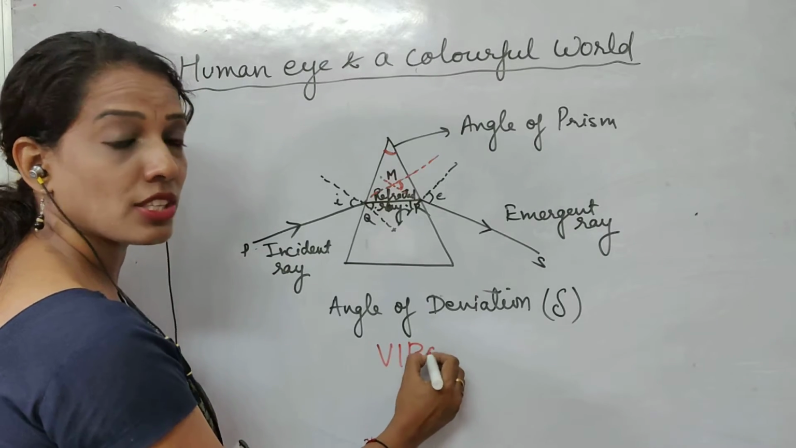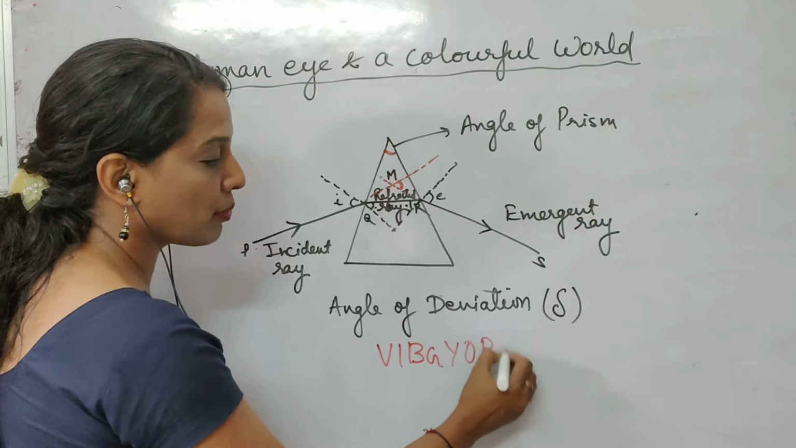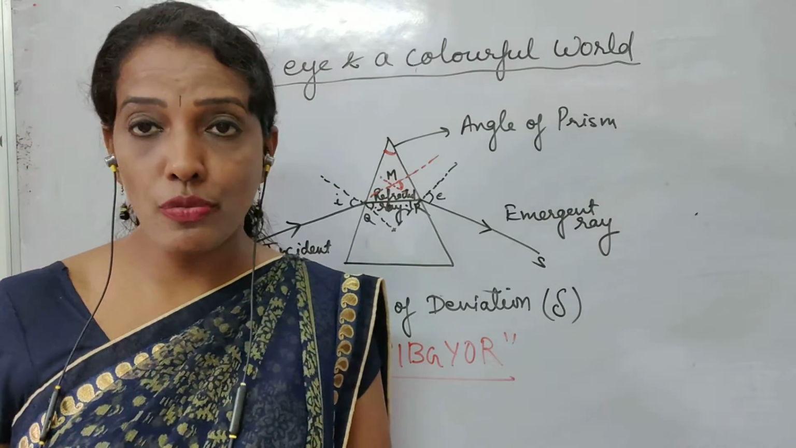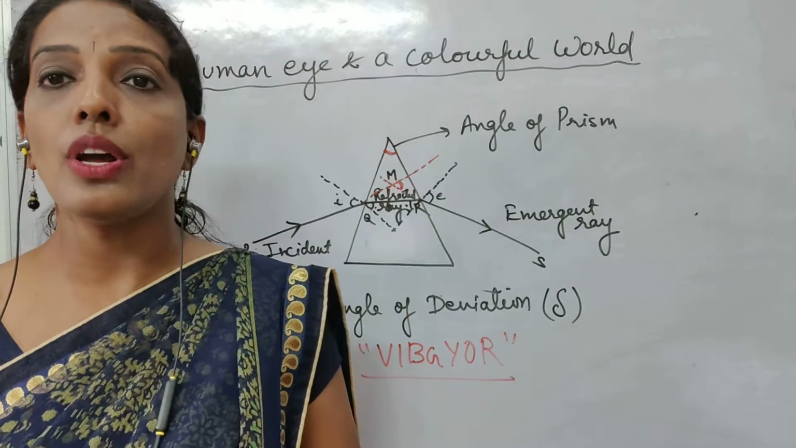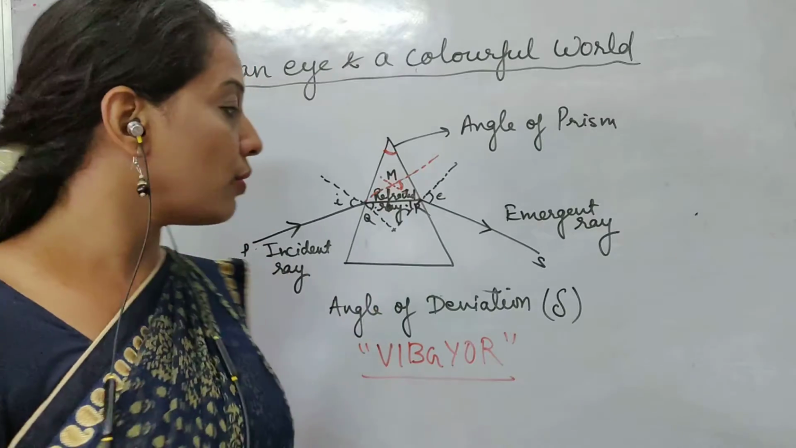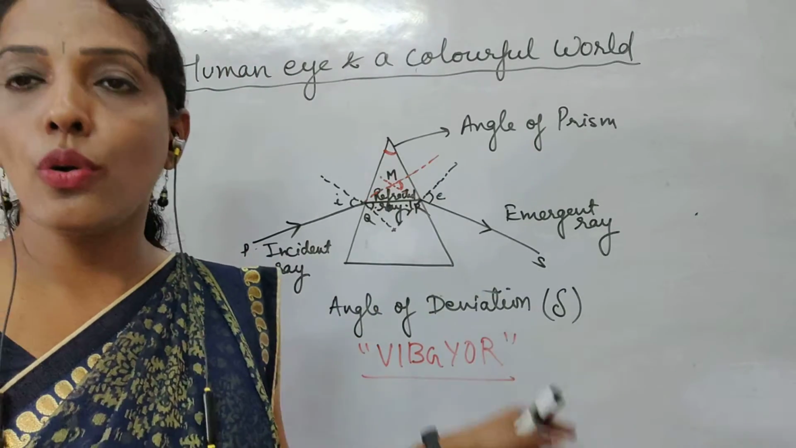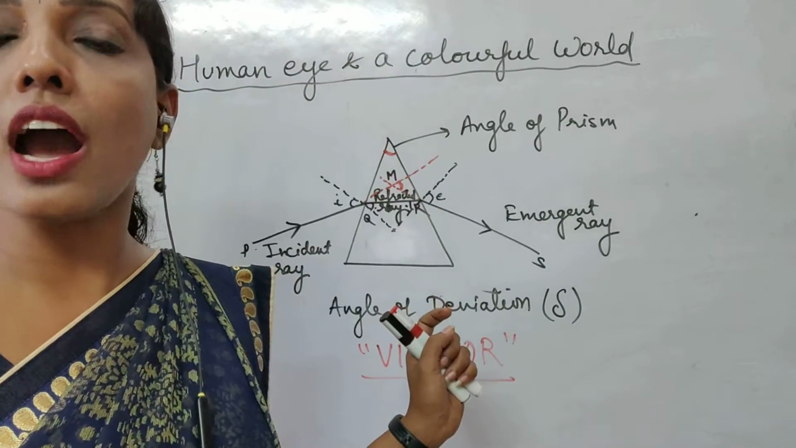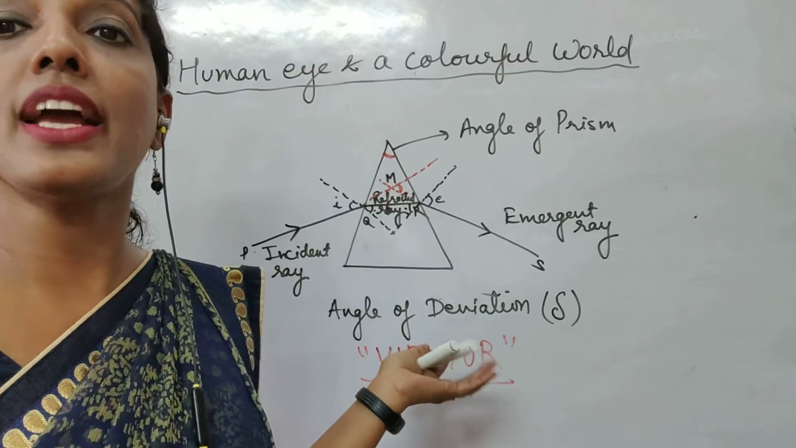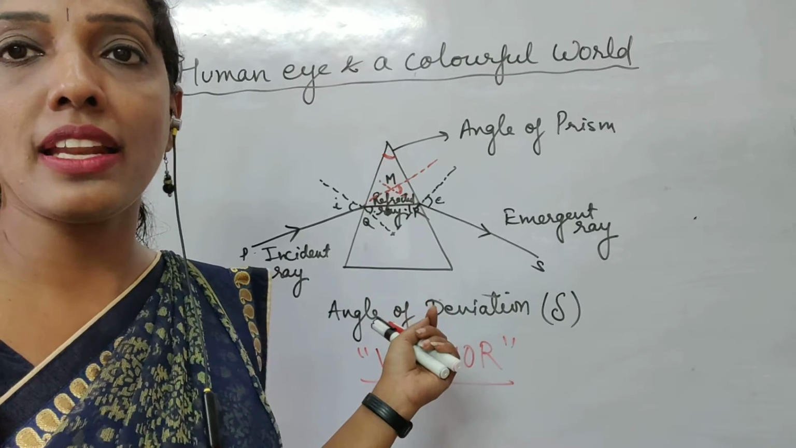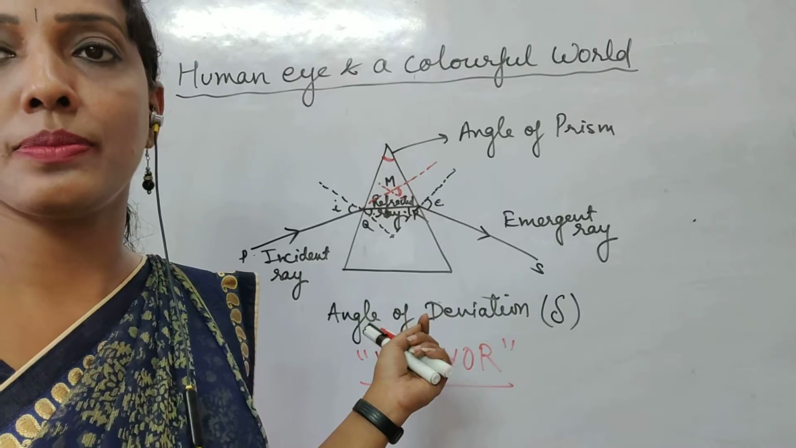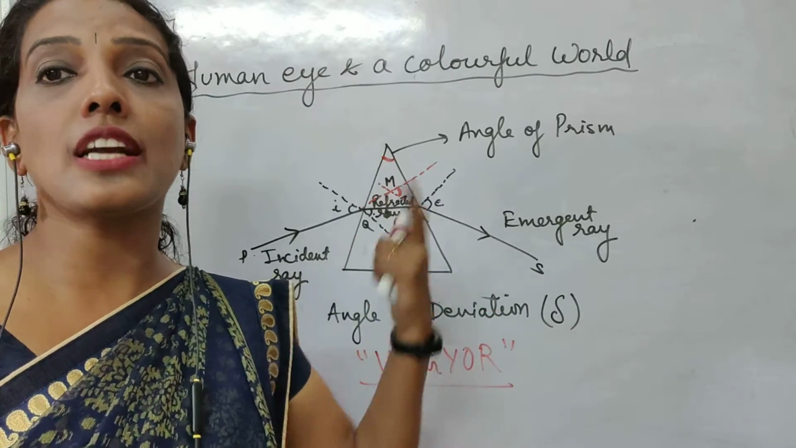VIBGYOR, where V stands for violet, I for indigo, B for blue, G for green, Y for yellow, O for orange, and R for red. So scientist Newton found that whenever white light passes through this prism, it will convert